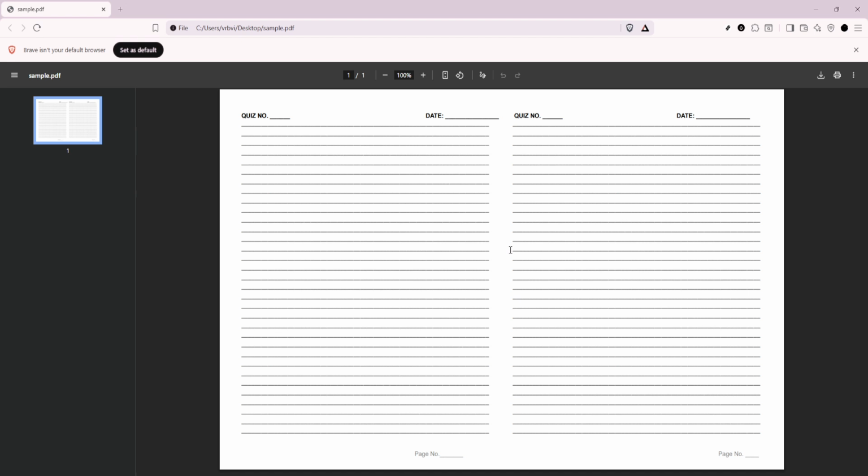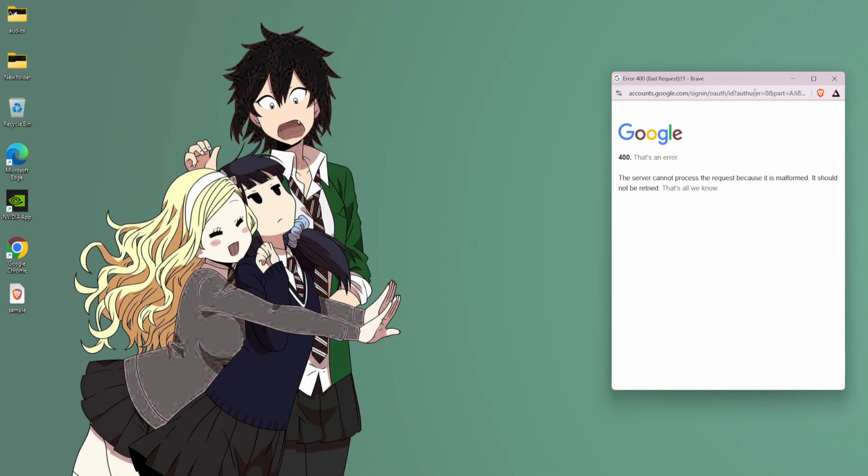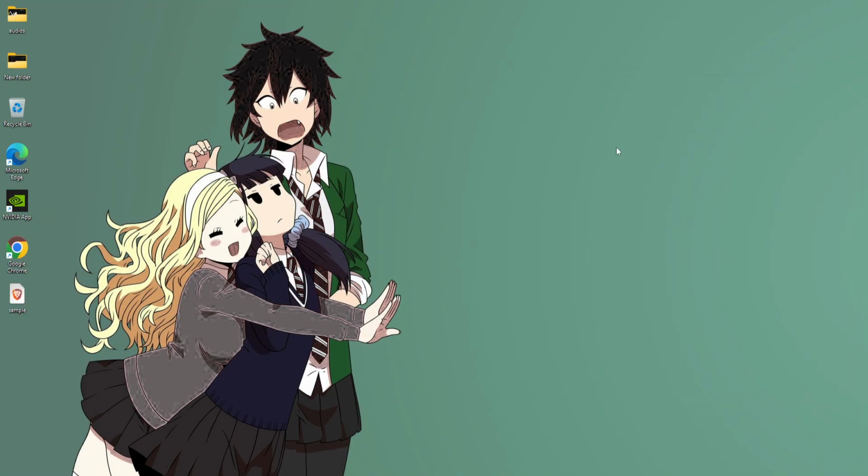Thanks for following along. With just a quick right-click, a couple of menu selections, and setting your preferred app as default, you've fixed PDFs showing as Google Chrome and made opening documents